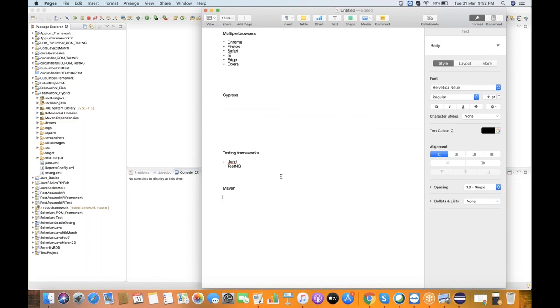Even in real time, if multiple people are working on the project and Maven is not used, whatever additional tools or frameworks we are integrating with Selenium, for example TestNG, we need the jar files, right? So where exactly do I place my jar files on my PC?